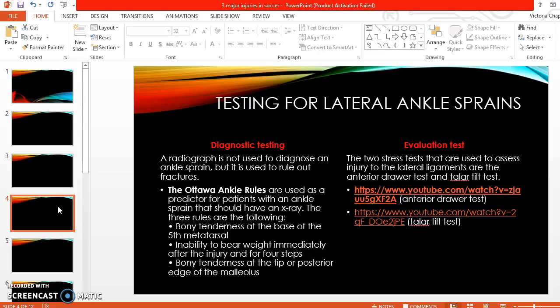The 3 rules are the following: bony tenderness at the base of the 5th metatarsal, inability to bear weight immediately after the injury, and bony tenderness at the tip of the posterior edge of the malleolus. And then the evaluation tests, the 2 stress tests that are used to assess injury to the lateral ligaments,